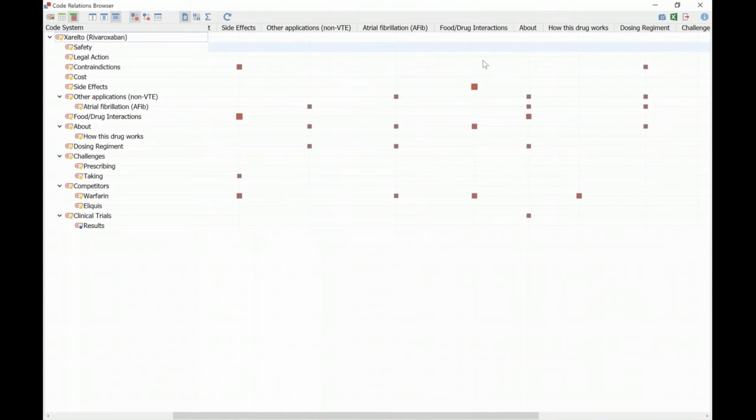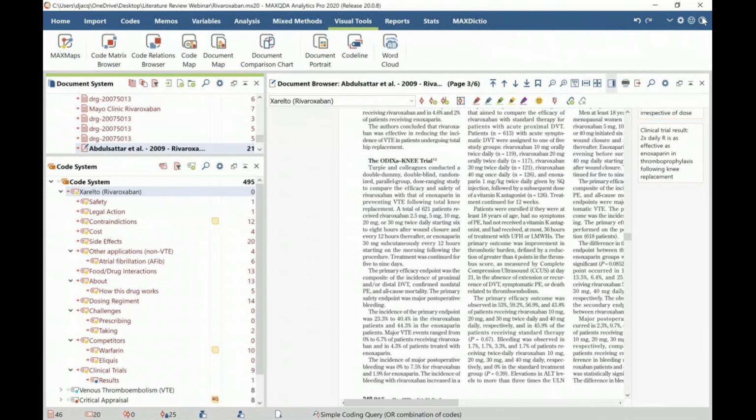So here we have food and drug interactions and side effects with a medium-sized square, and if I mouse over it, it says 3. So I can see that food and drug interactions can cause side effects. So there's that relationship there. This can be a great way of just seeing how the themes in your project are overlapping. Okay. Lastly,